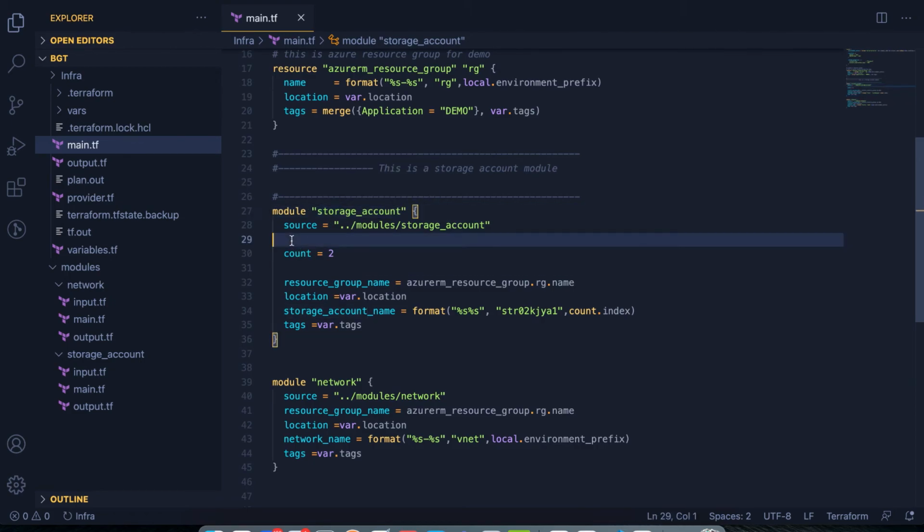So on this module there will be a loop run for the count up to 2 times, and then we'll create a storage account with value 1. Let's say we'll create a storage account 01 str demo, or in fact what I'm going to do now is